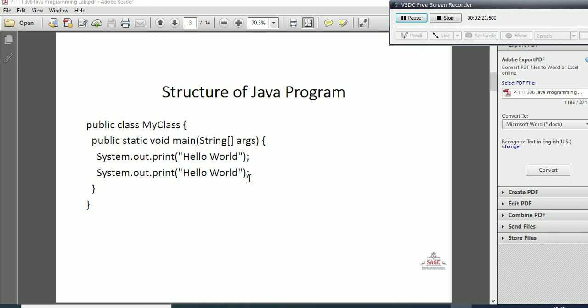Now, in the last lecture we had done a Java program. We ran the Java program. Now here is the structure of one Java program: public class MyClass, public static void main(String[] args), System.out.print, Hello World, and System.out.print, Hello World. Now,